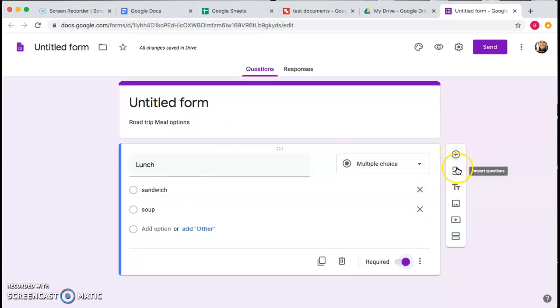And you can add questions, import questions, add titles and descriptions. You can add images, add videos, and add a section. So then once you have all your options and questions on here, you can send it out. And you can preview it before you send it, obviously, and then go to, once you've started to get responses back,